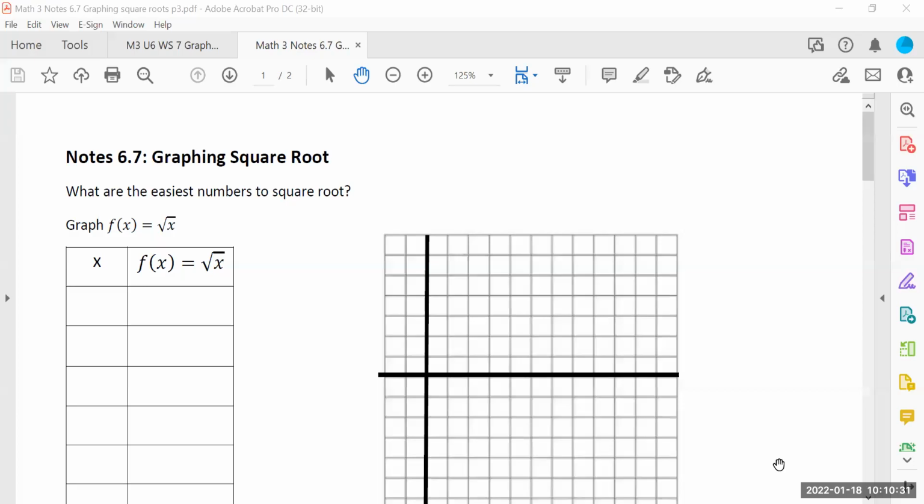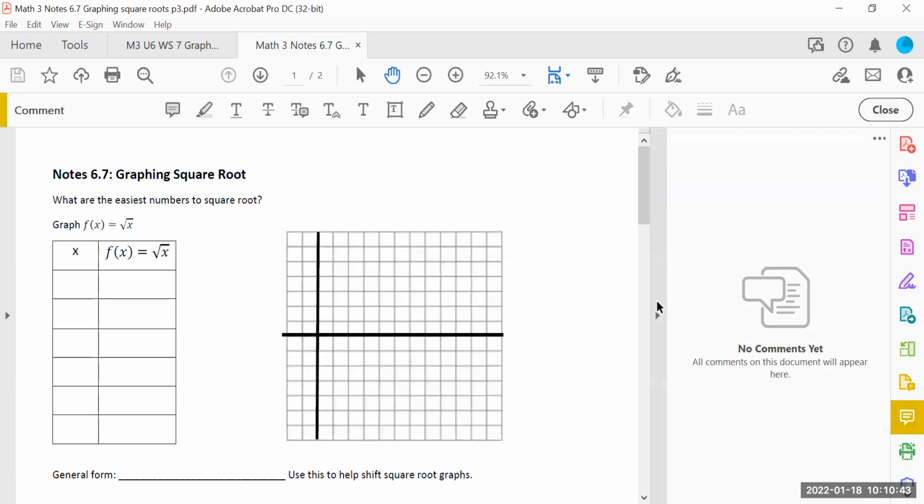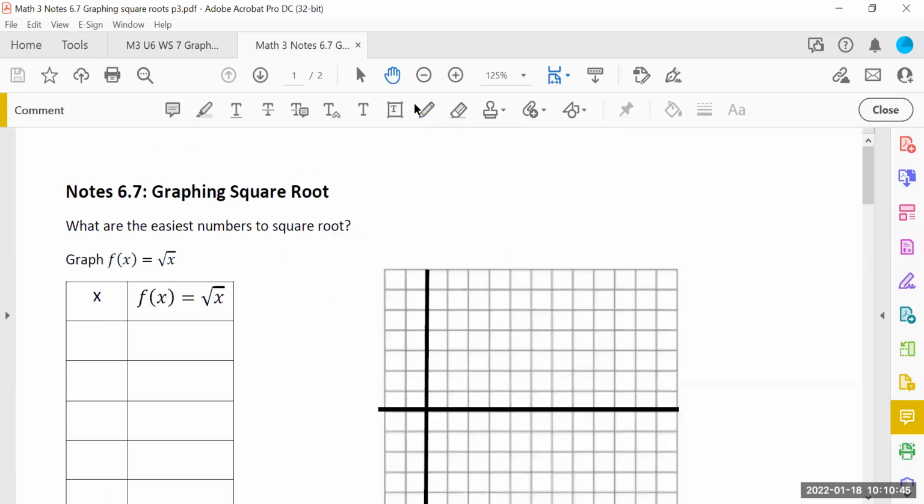So for section 7, we're going to be graphing square roots. And everybody, if you learn today's lesson, the next lesson is going to be super easy as well. It just adds one change to it, and then the rest of it's all the same. So let's get this down real well today, and you'll help yourself out a lot on tomorrow's notes and on